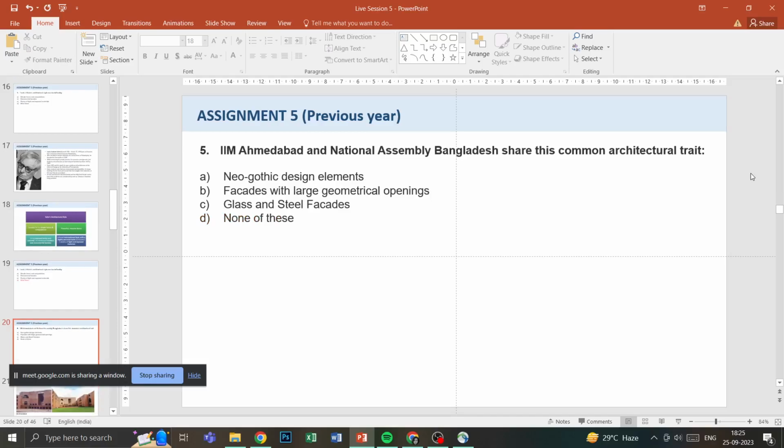Moving on to question number 5. Ahmedabad and National Assembly Bangladesh share this common architectural trait: neo-Gothic design elements, facades with large geometrical openings, glass and steel facades, or none of these. So